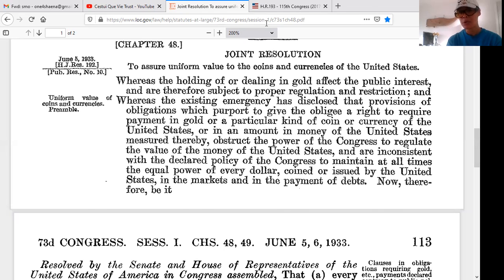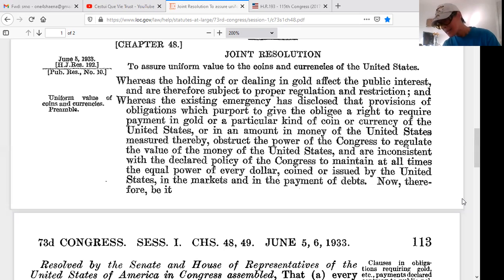And whereas the existing emergency has disclosed that provisions of obligations which purport to give the obligee a right to require payment in gold or a particular kind of coin or currency of the United States, and in an amount in money of the United States measured thereby, obstruct the power of the Congress to regulate the value of the money of the United States and are inconsistent with the declared policy of the Congress to maintain at all times the equal power of every dollar, coin, or currency issued by the United States in the markets and in the payment of debts. Now, therefore, be it